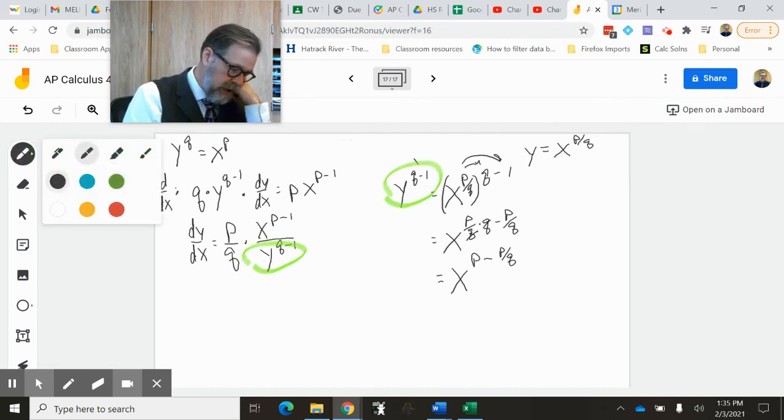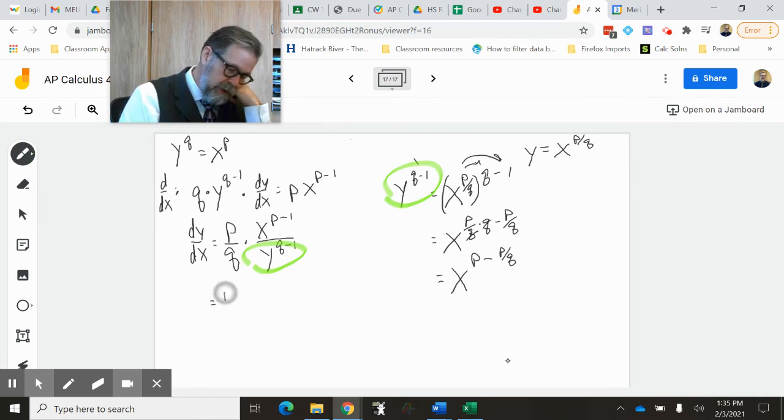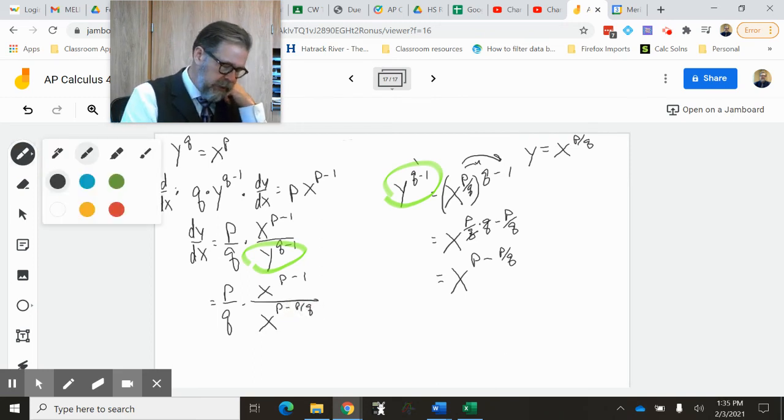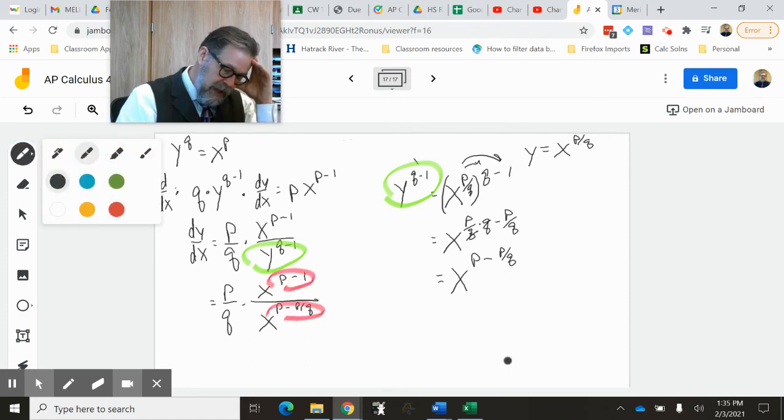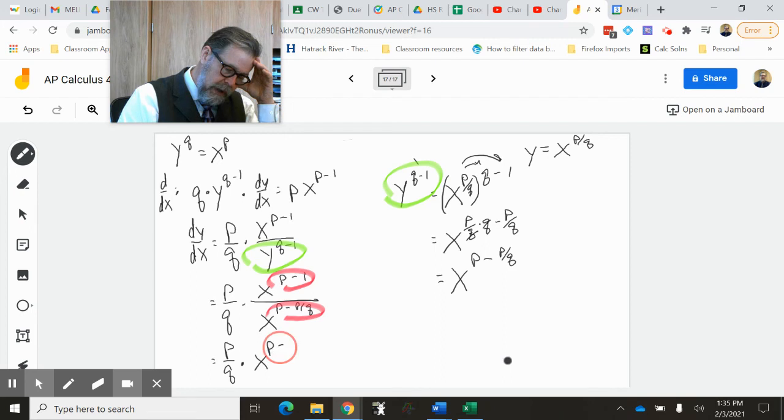So let's do a quick substitution. The derivative is p over q times x to the p minus 1 divided by x to the p minus p over q. And of course, we can just subtract these powers, since that's a shortcut we have. And so this equals p over q times x to the p minus 1 minus p minus p over q. p minus p is 0. Negative and a negative is a positive, and what I get is that the derivative of y with respect to